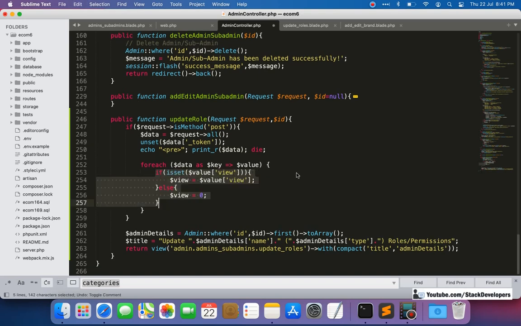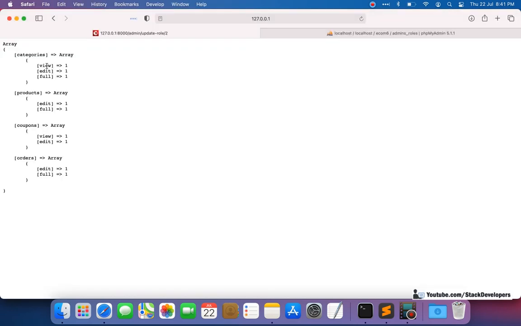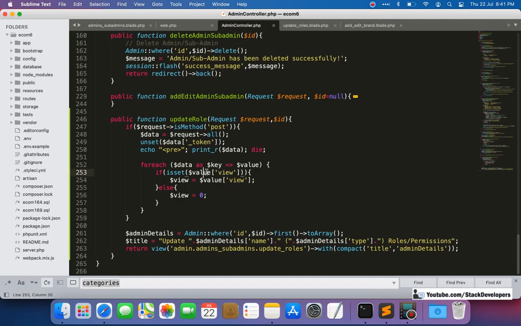Now on the basis of this, the first one is the dollar value view. So view, edit and full are coming. If view is 1, if there is some value in view, if view is actually coming, then we are going to have the value in the view variable.